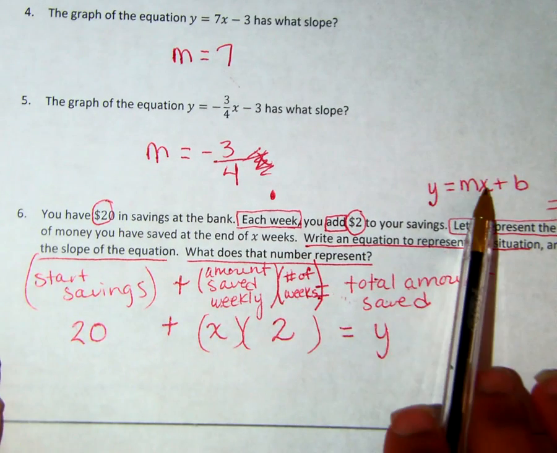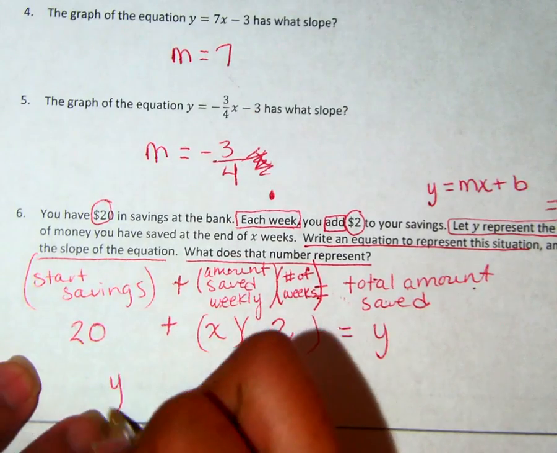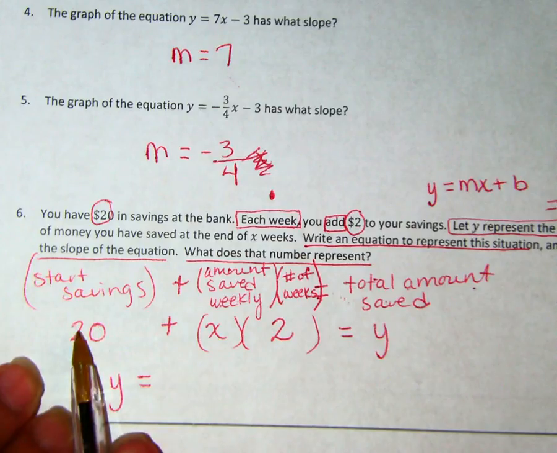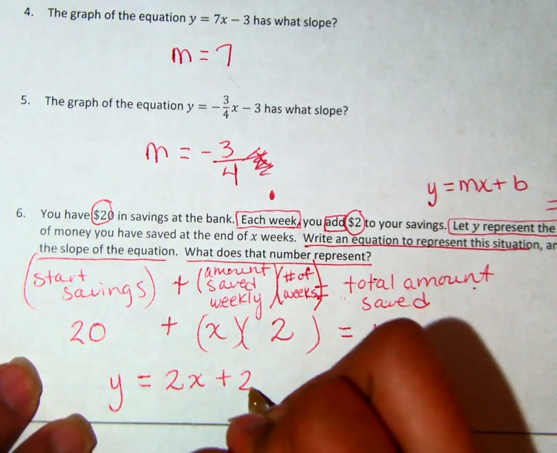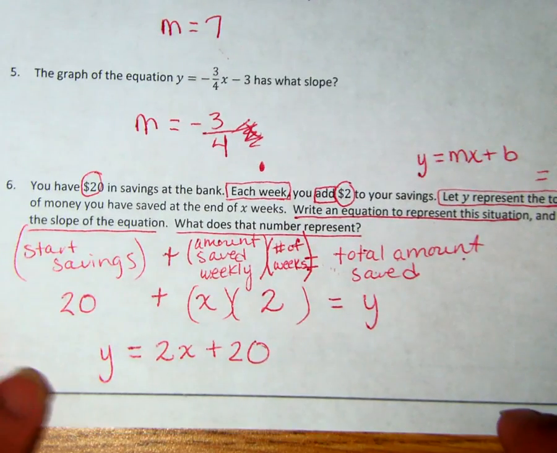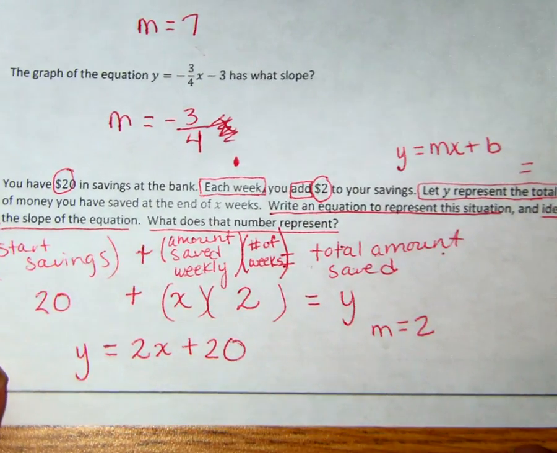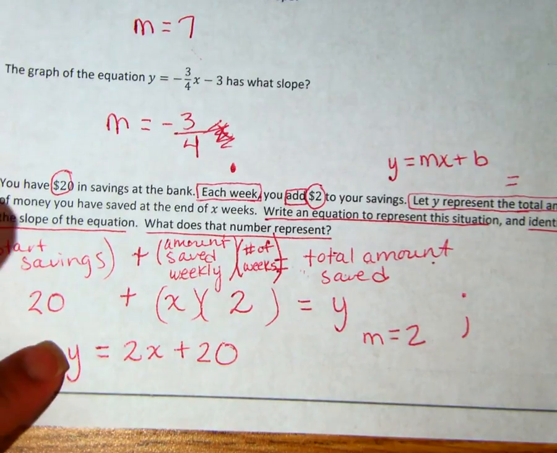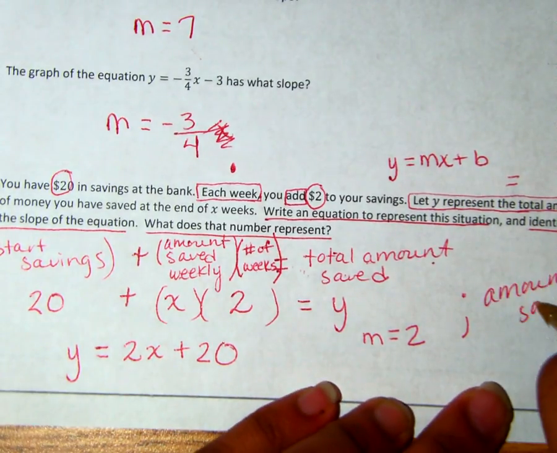Kind of looks like this equation. But let's turn it around and clean some things up. So let's lead with our Y equals. So Y is equal to, and I can actually just write this going backwards. 2 times X plus 20. What would the slope of this equation be? Yeah, slope equals 2. What is this number going to represent? Slope is going to represent the amount, say,